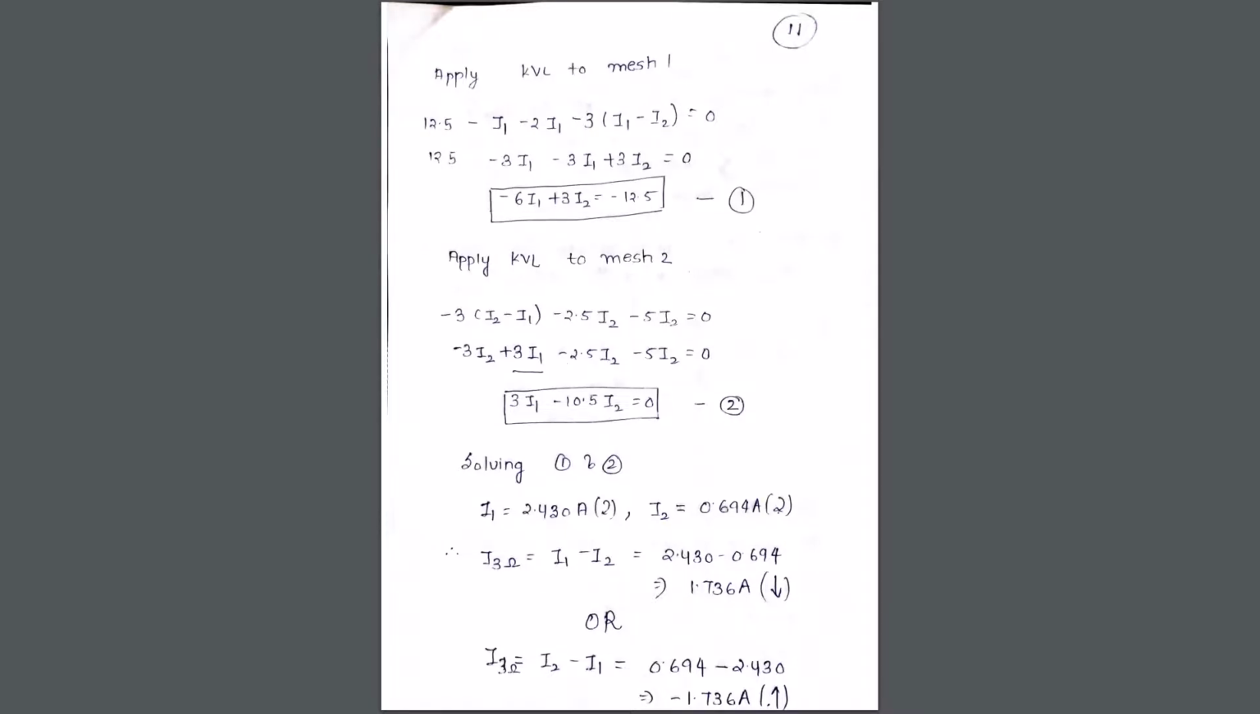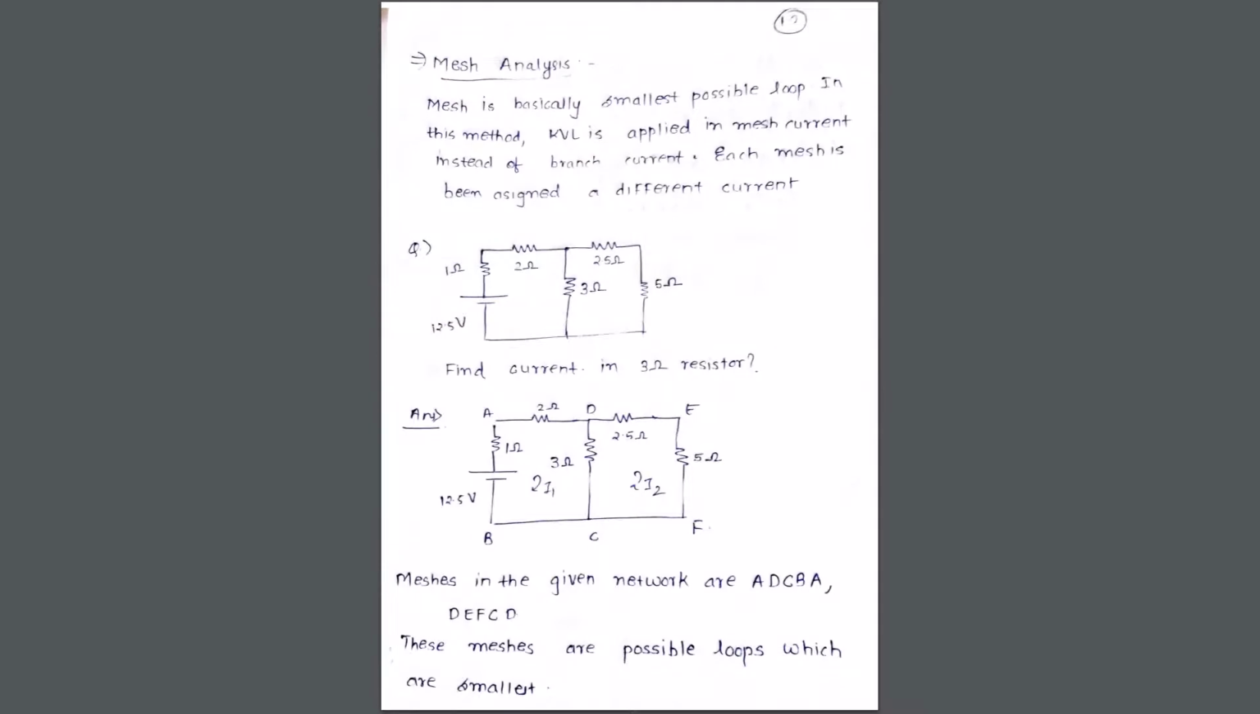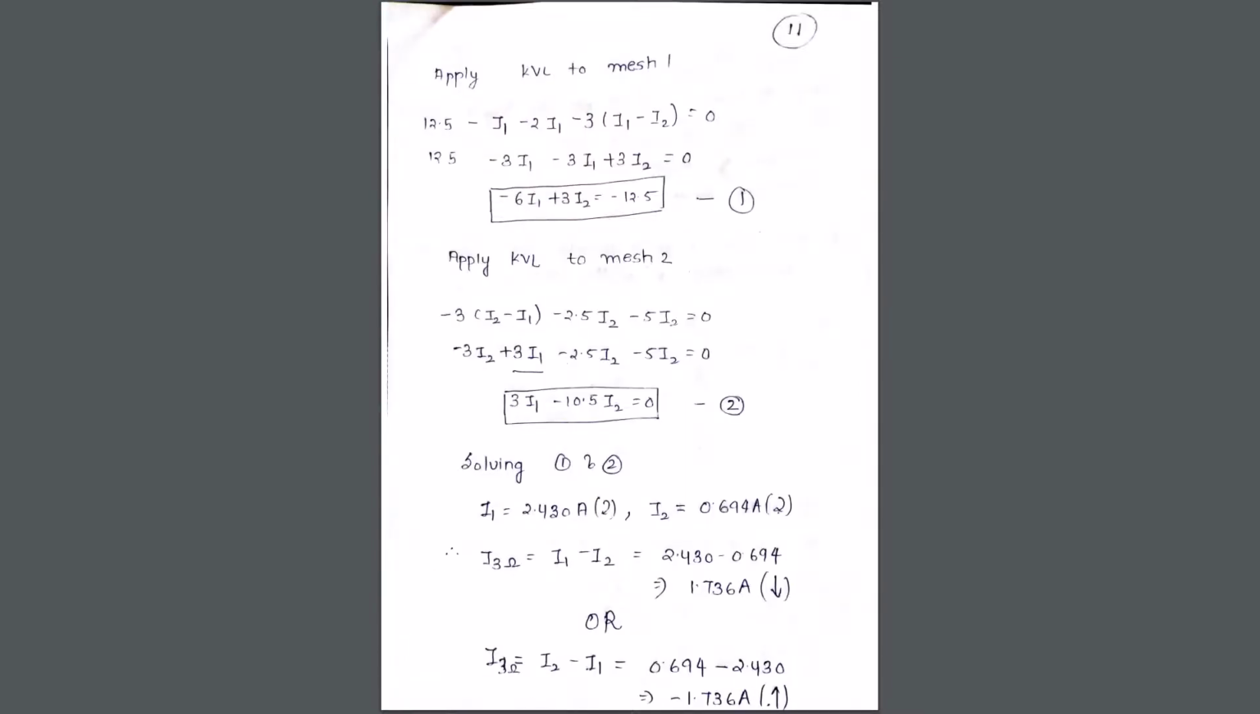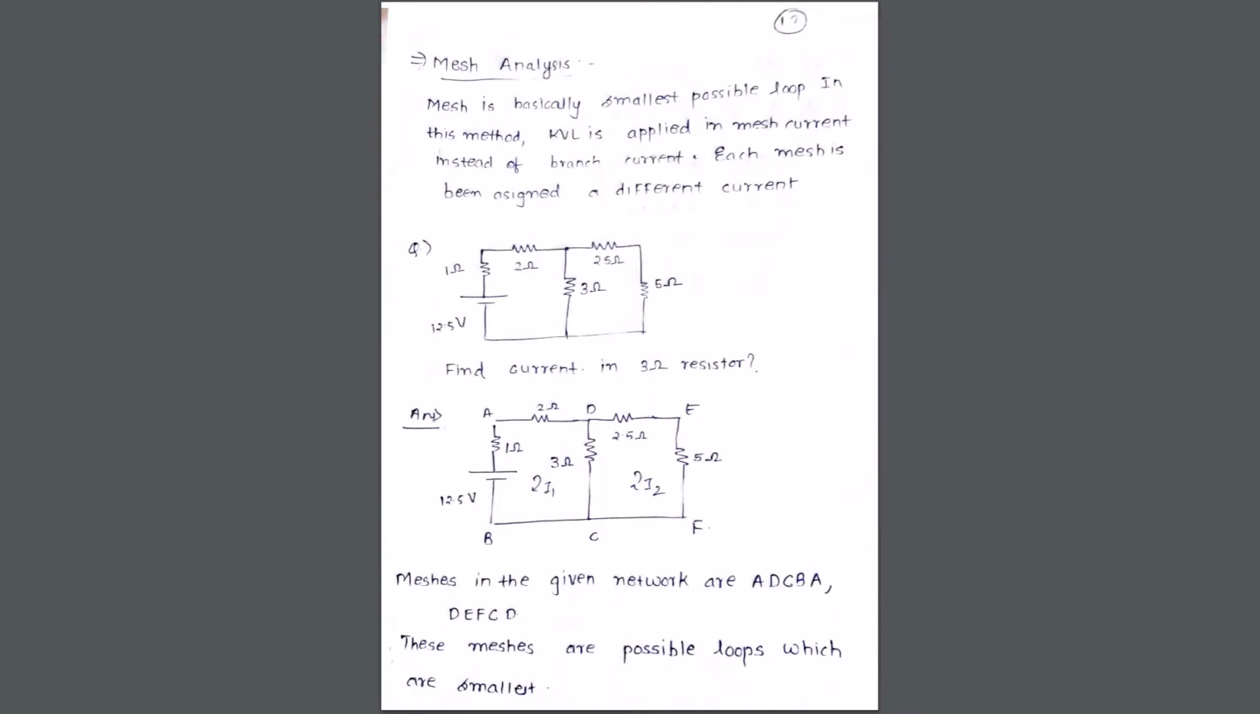Why plus 12.5? Because I am moving in a clockwise direction, and in that way my moving out terminal is a positive terminal of a voltage source. Hence it is plus 12.5. Then I have minus 1 into I1, that is over here, minus 2 into I1, that is my current direction and my moving direction is the same. Then I have minus 3